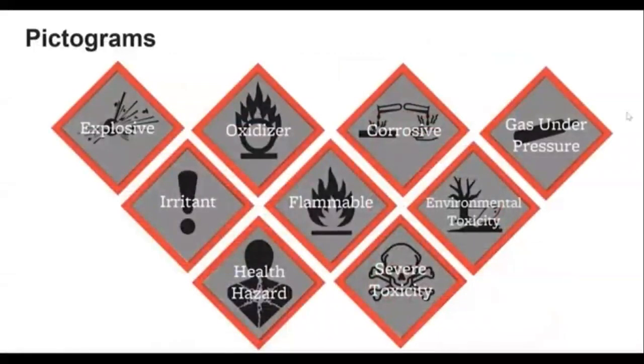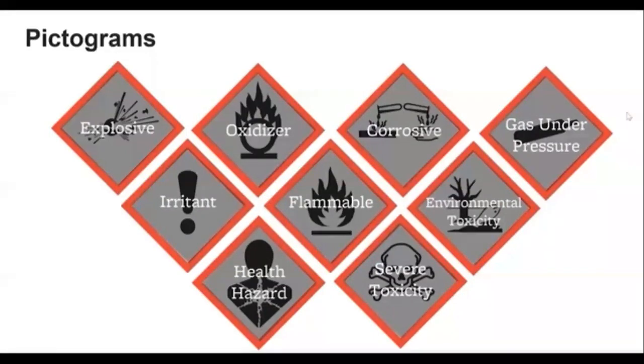Pictograms are used on the label of all primary containers. They provide a visual representation of the type of physical, health, or environmental hazard associated with the chemical product. Let's take a look at what each pictogram represents. Starting in the top left